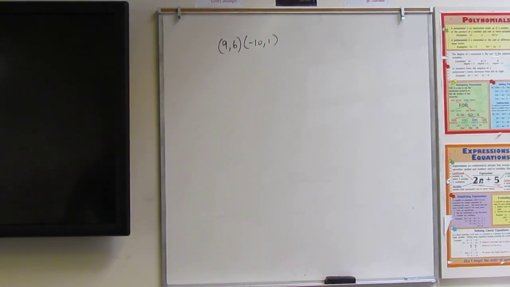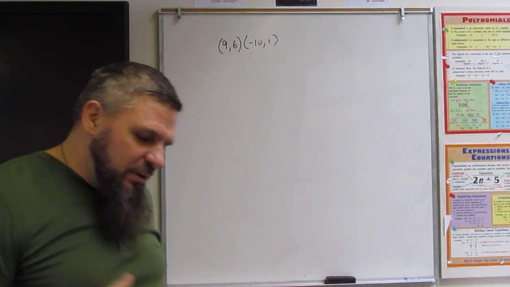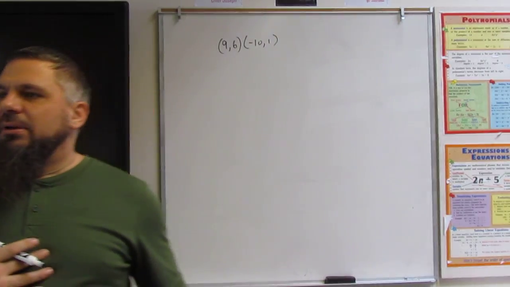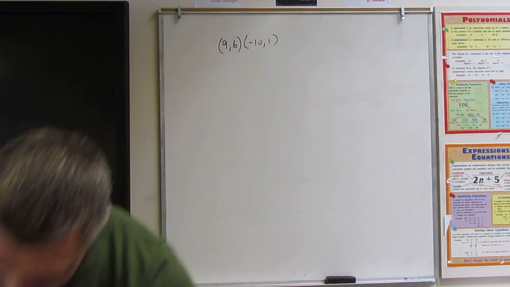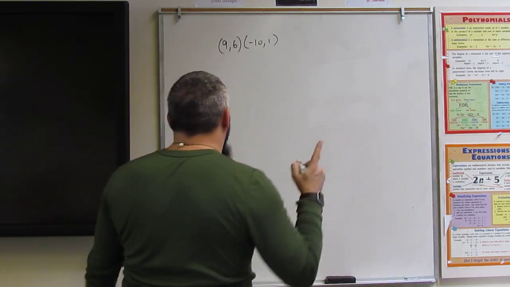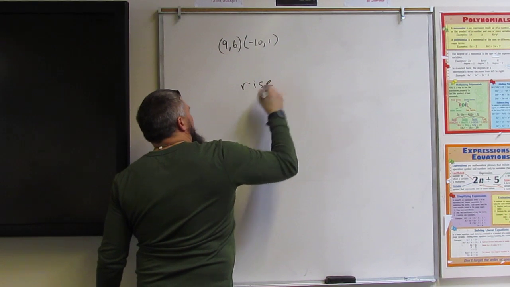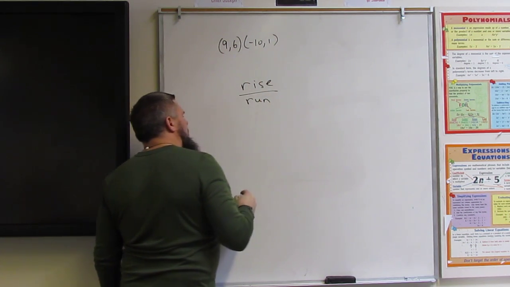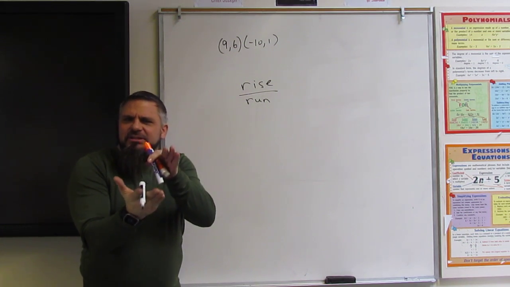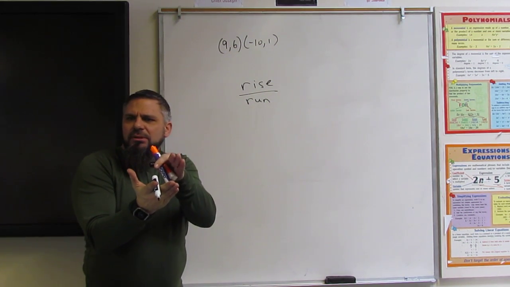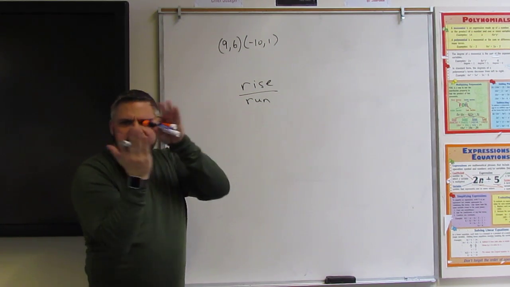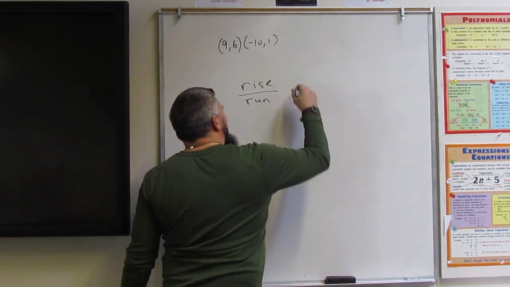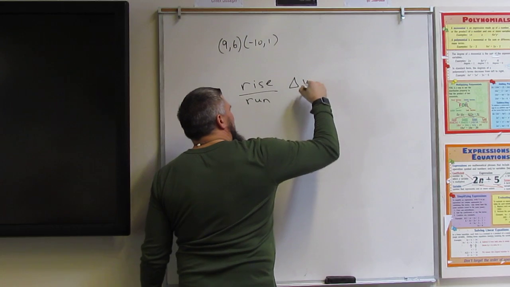So when we're trying to find slope or an equation of a line, what are they trying to find? Slope. They just want to find the slope. Right? Now I could graph this and figure out rise over run. But think about this: rise over run. Is the rise just the difference in the y's? How much does it rise? The difference, the change in y.